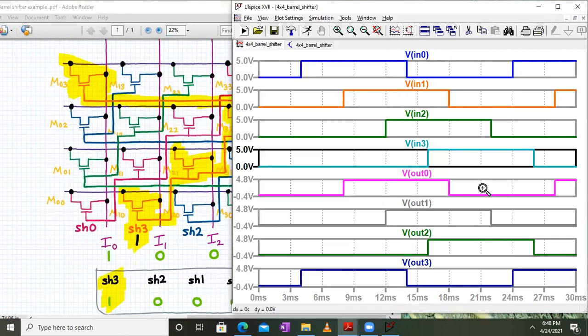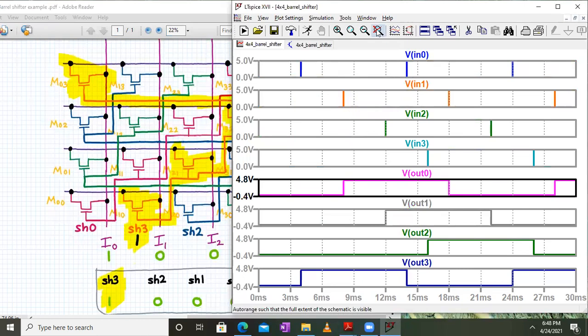Shift 3. Okay. So your 1 1 0 0 at the input, at the output you will get 0 1 1 0. We can check also the next case. Next case we have 1 1 0 0. That has been shifted to 1 0 0 1. That is also shifting by 3 bits towards the right-hand side. In this way we can check all the other cases.